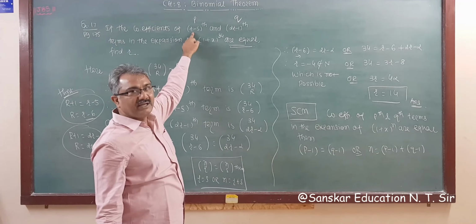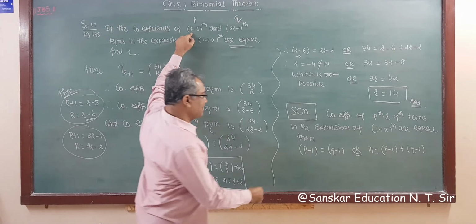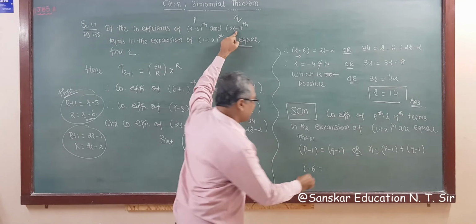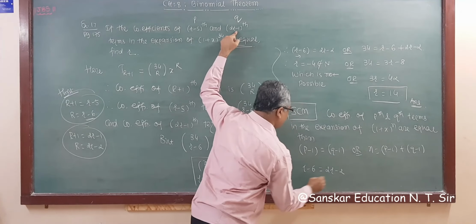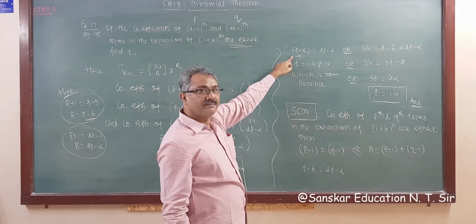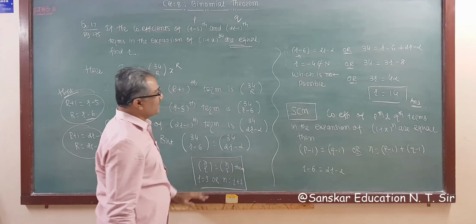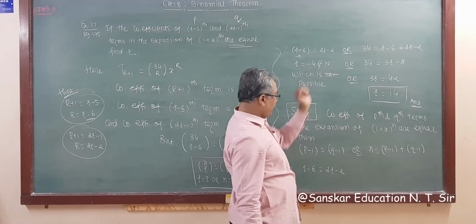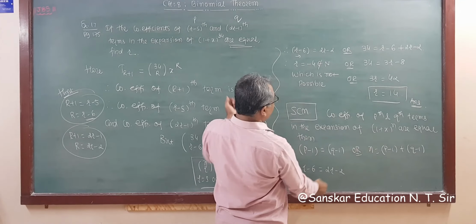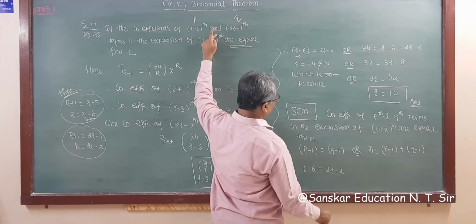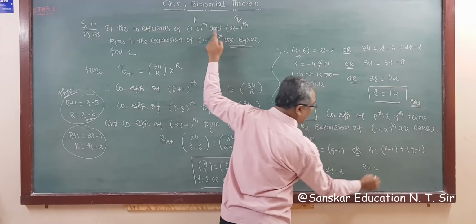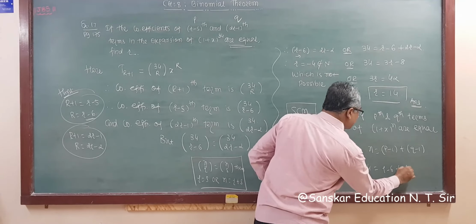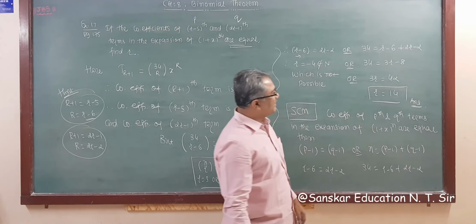Do one less, what will it be? One less, r minus 6. So what we get? R minus 6 is equal to one less, twice r minus 2. So we get this step directly. So no need to write everything for MCQ, right? This is the direct step. What is n? n is here 34. So 34 is equal to the sum of these two, so r minus 6 plus twice r minus 2. So you can get the answer directly.